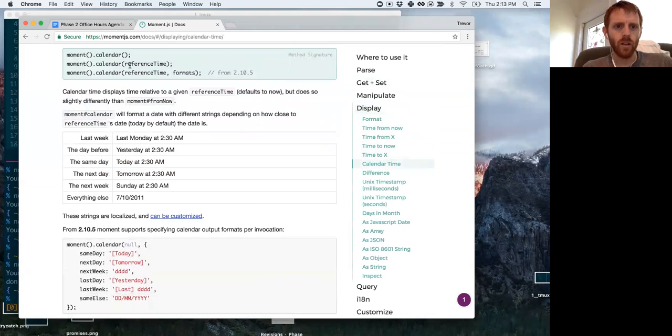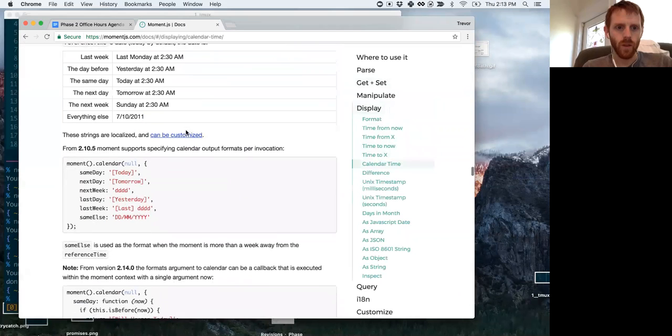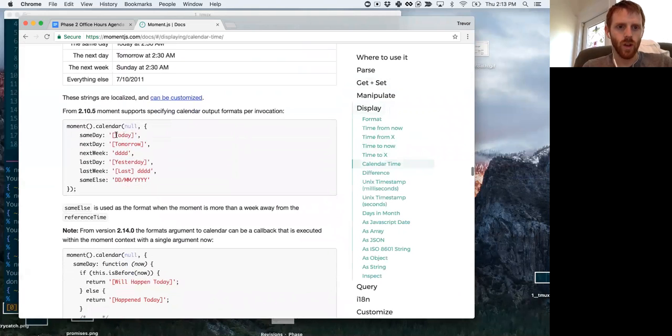Interesting. So calendar time, it looks like, takes a second argument where you can specify the formats you want. So you could do something like this. You can actually pass in these format strings for the different cases. So calendar will format the date differently depending on whether the date it's formatting is something